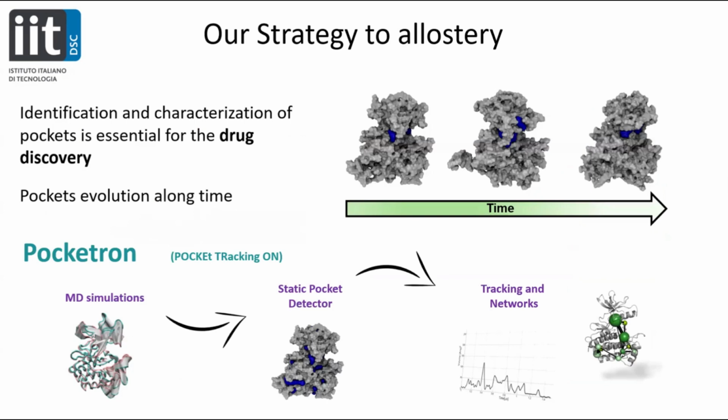Then we have this static pocket detection tool, which is used at every frame. So imagine you build your molecular movie, maybe with an access sampling, not an access sampling, by trying to trigger some events or not. And then once you have each frame, you get all the pockets. I will show you in a while how we do that. And then after that, we try to devise networks of pockets. So a static tool plus a dynamical strategy to track them a long time, including appearance, disappearance, annihilation, merging, and split of pockets a long time.